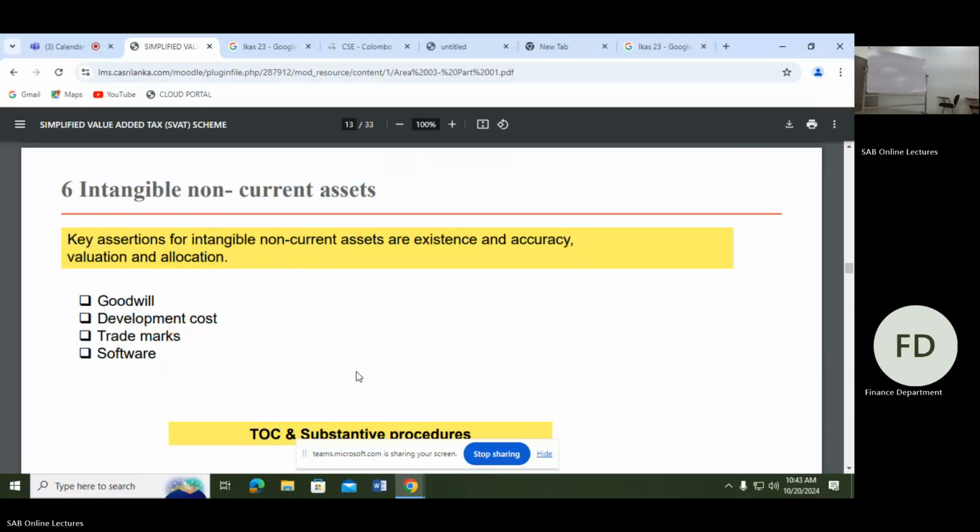Right. So then here we are moving to intangible assets. Intangible assets. This is again overall process related to this. I can next